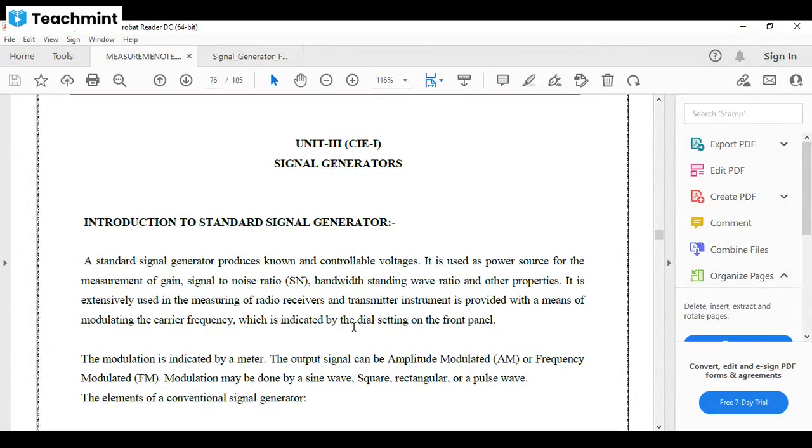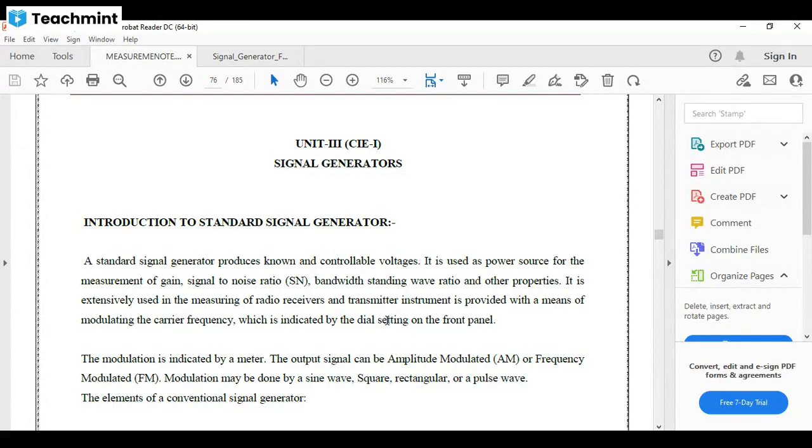Mainly the function of a signal generator is that it produces known and controllable voltages, and it is used as a power source for the measurement of gain, signal to noise ratio, bandwidth, standing wave ratio, and other properties. It is extensively used in measuring radio receivers, and transmitter instruments are provided with the means of modulating the carrier